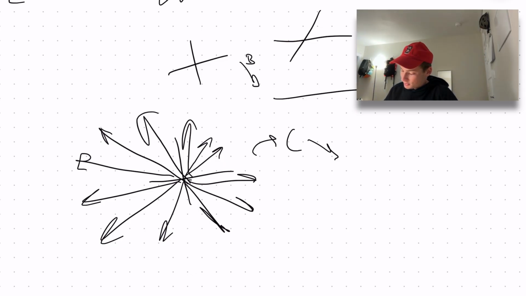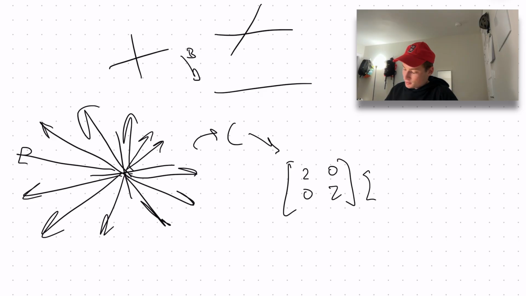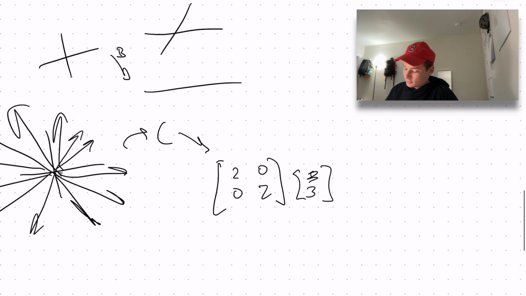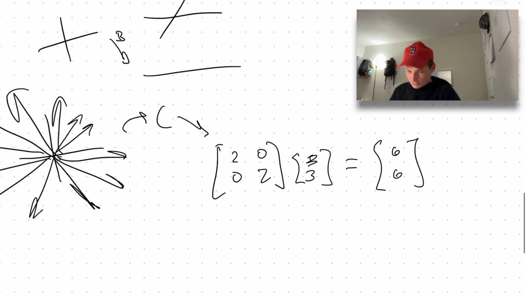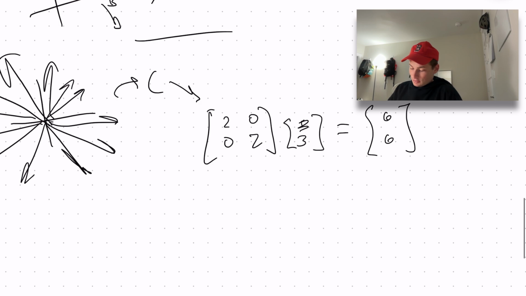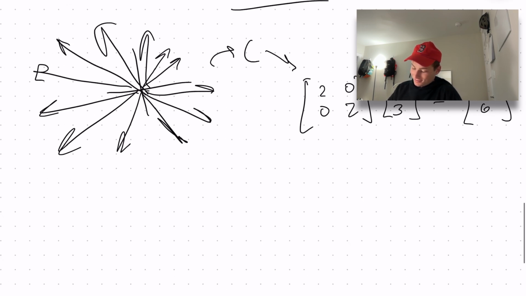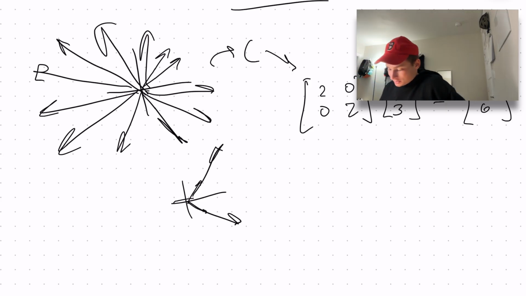So that's this matrix. As an example, with just one vector, let's do 3, 3. The new vector here is just 6, 6. There's a scaling everything, so any possible vector that you apply to this matrix is going to be scaled by 2. So that means, that's a terrible drawing, any vector here will grow by 2. And this vector will grow by 2. Okay. So when we apply this C matrix,